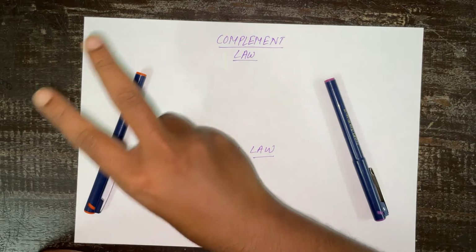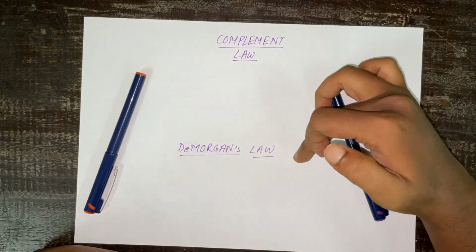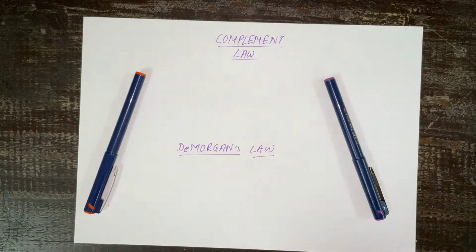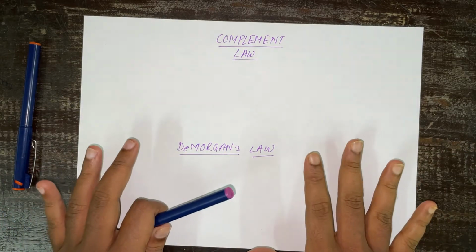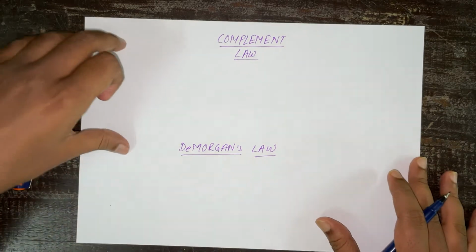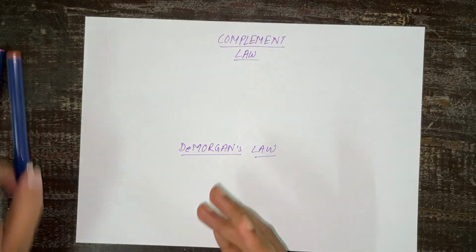The two laws that we are going to talk about today are from sets, and these are the complement law and De Morgan's law. So what does the complement law mean and what does De Morgan's law mean, in a very short video and in a very easy way. We are going to use Venn diagrams to understand this, because a Venn diagram is the easiest way to understand the different laws of sets. So let us see what the different laws state.